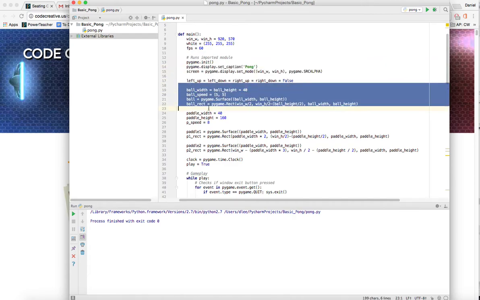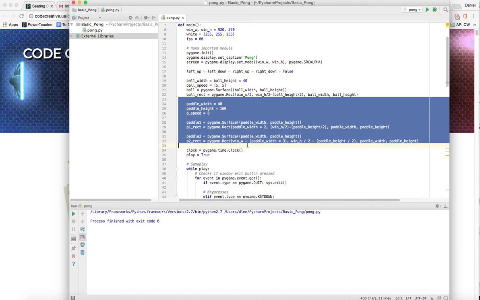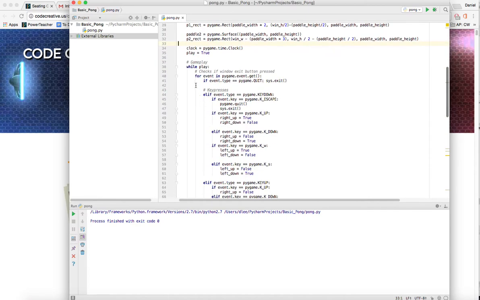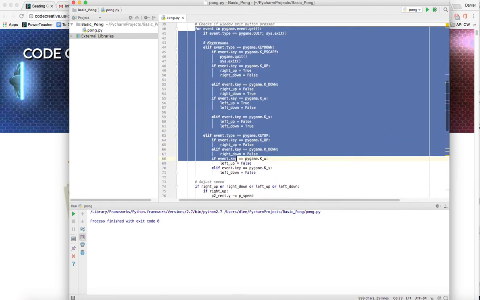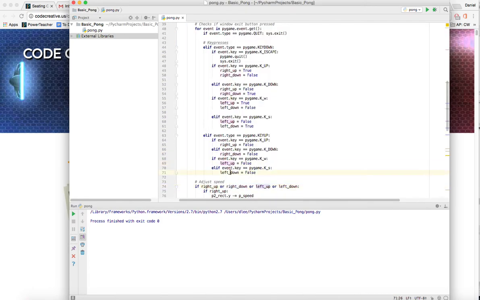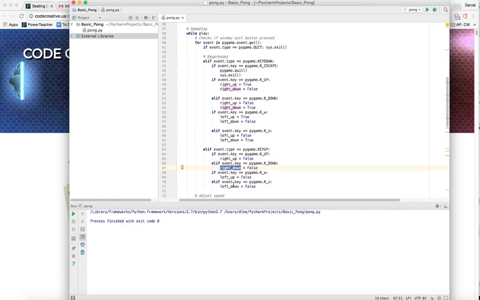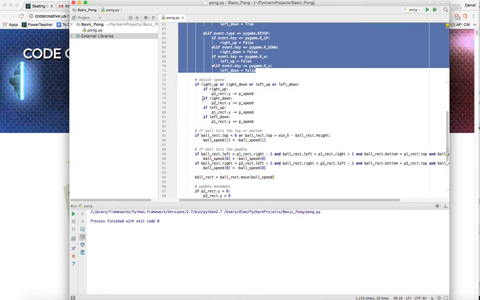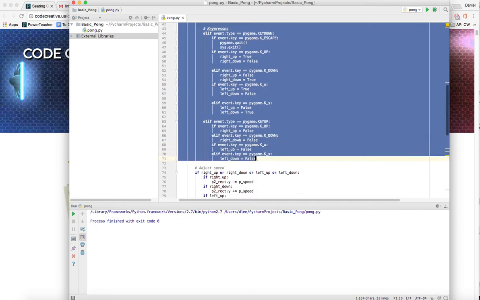We can see that we have all the variables that have to do with our ball here. I have all the variables that have to do with my two paddles here, and then I have my game loop, my for loop that goes through the keystrokes, setting left up or right down. These variables might be different from what you have, but same purpose. And then once we break out of the keyboard for loop, the input for loop,